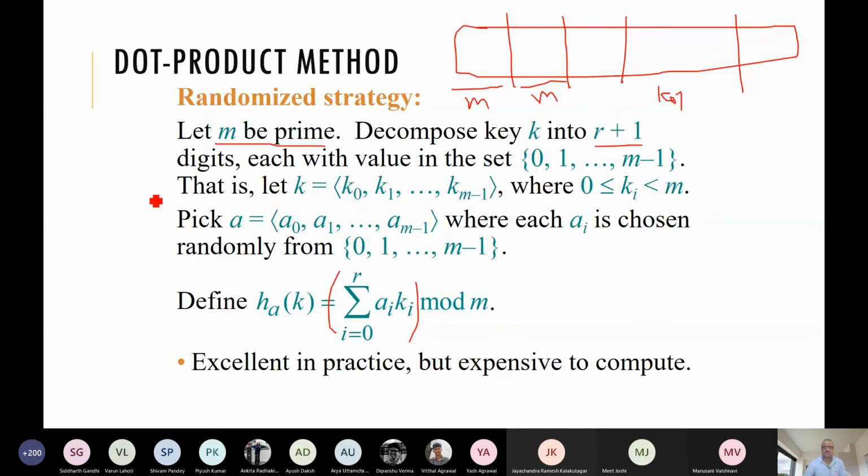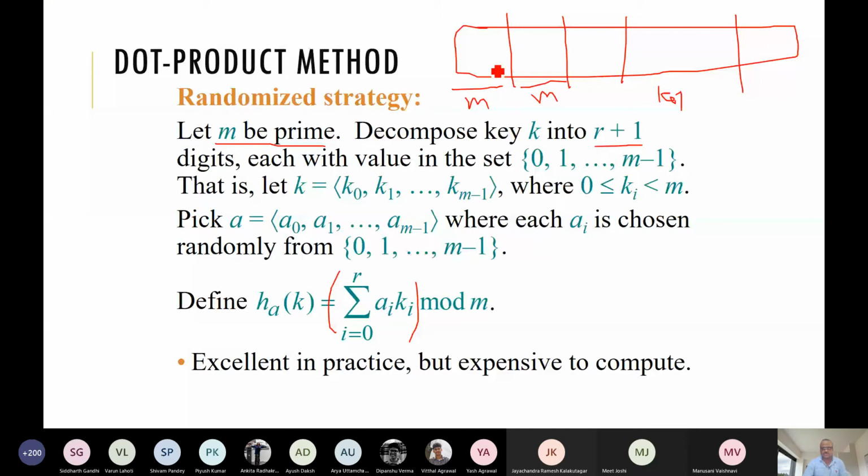So just to give you an idea, in this construction the key we break into blocks. Each block is at most M in value, and then we take A, which is A0, A1, and so on. So this is M minus 1. Don't confuse this M with the table size.